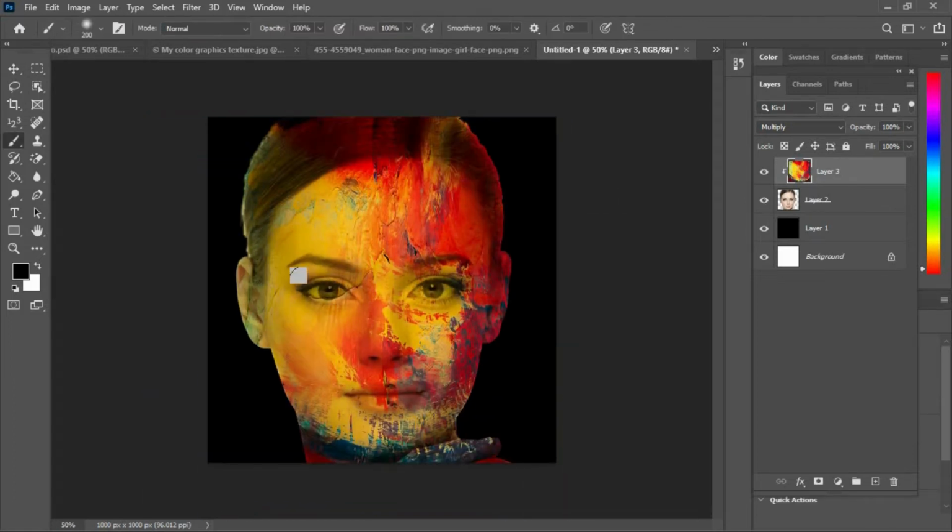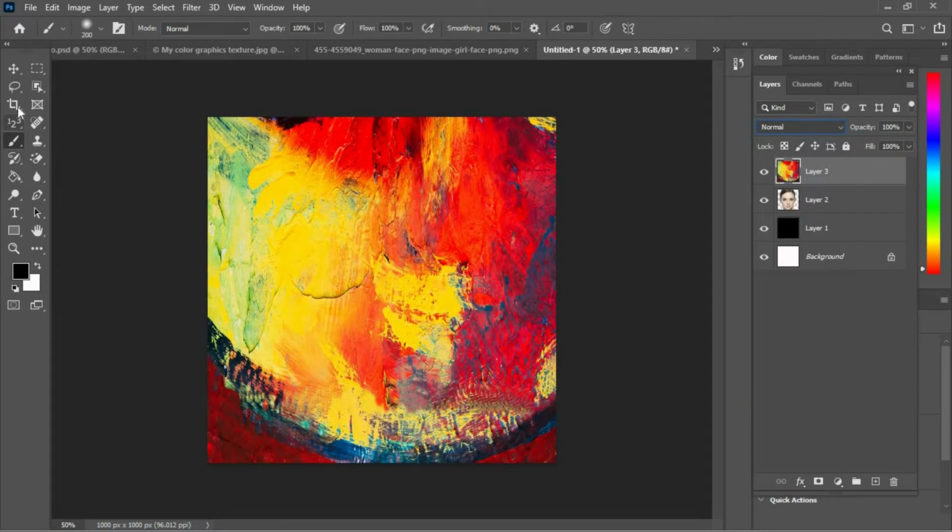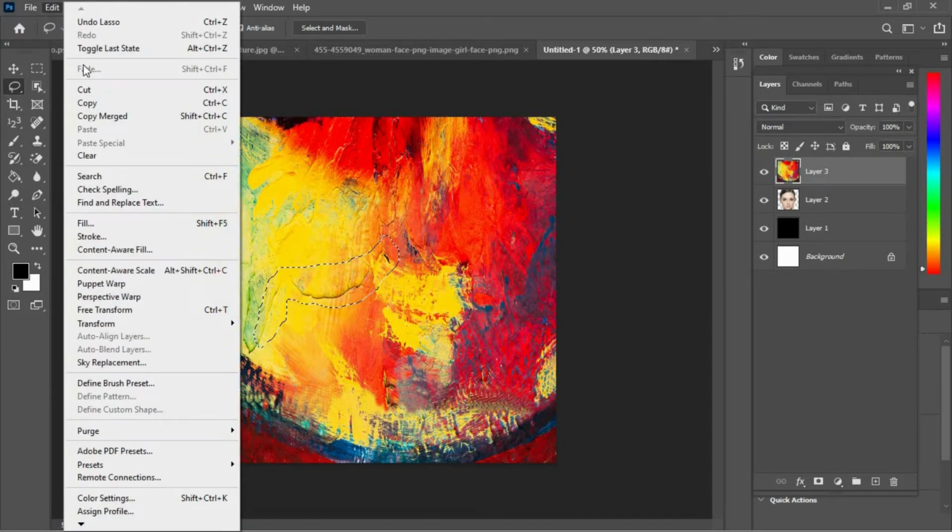If you want to remove these cracks in the face, for this you can remove this and Alt, and then take any selection tool, the lasso tool I take, and then I make a rough sketch around these. Okay, it's selected and then go to edit, content aware tool. You can see here.